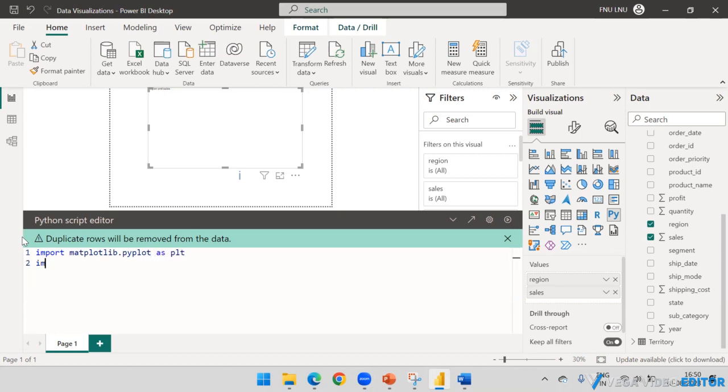If you want, you can import pandas also. If I say pandas as pd, this is not double as, it's single as: pandas as pd. You don't need to create the data frame. Power BI already creates that data frame in a variable, and I will say dataset. So now what I would like to do is create the